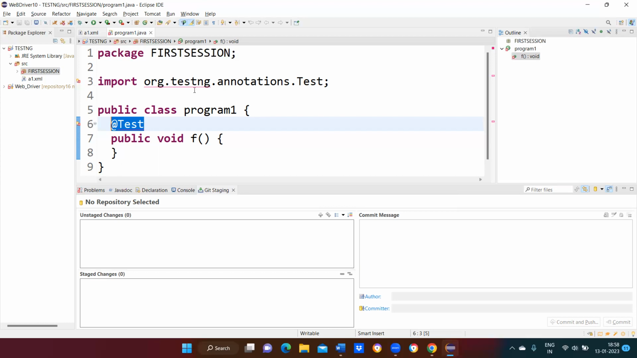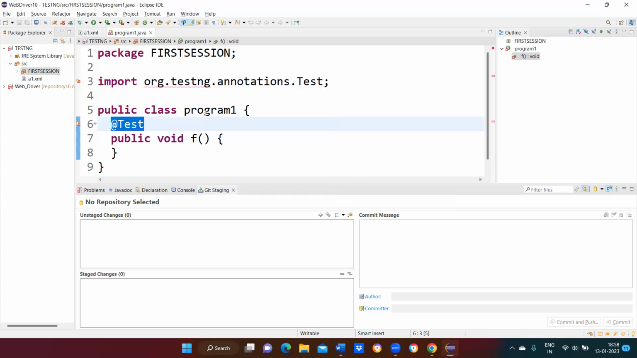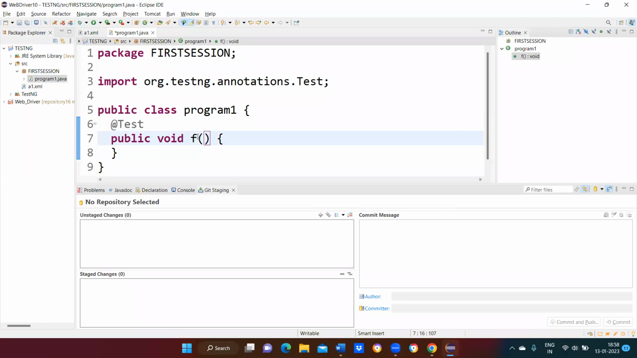So what we can do is place the cursor here and add the TestNG library. Click on that, and automatically your TestNG library will be added here. This is how to add TestNG. Now click on the package and click on the class. The file name we already created is Program 1. Now we can create, for example,